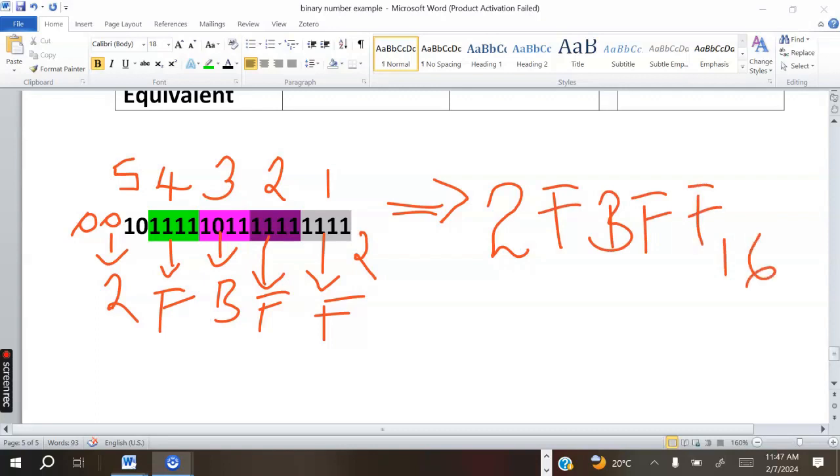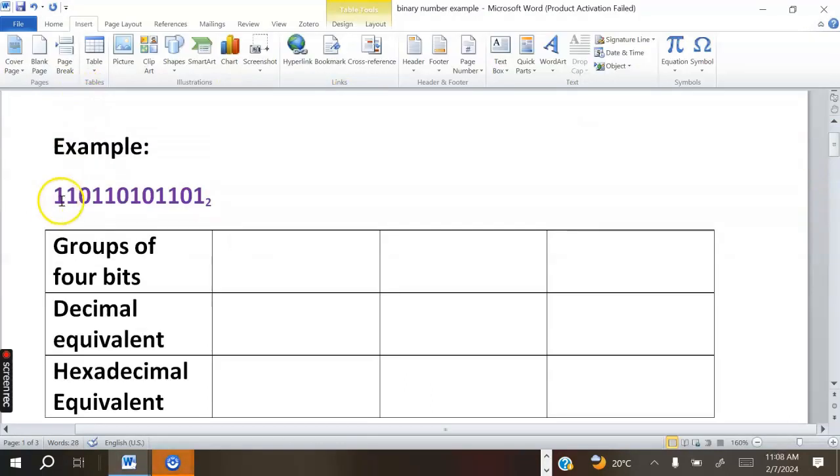I hope you have managed to get that, which is a good sign that you have been following what I've been teaching you. So maybe you can give yourself a tick. Now the next number is 1101 1010 1101 base 2. So this is a binary number. So we need now to convert this one